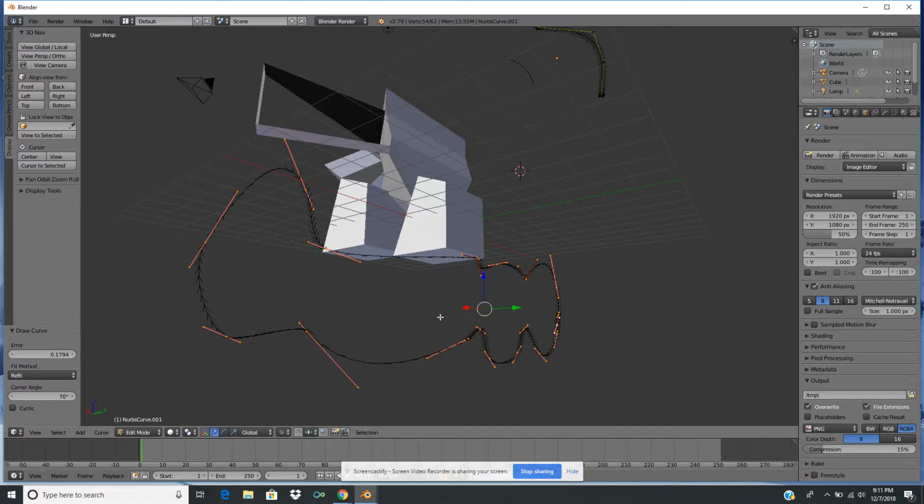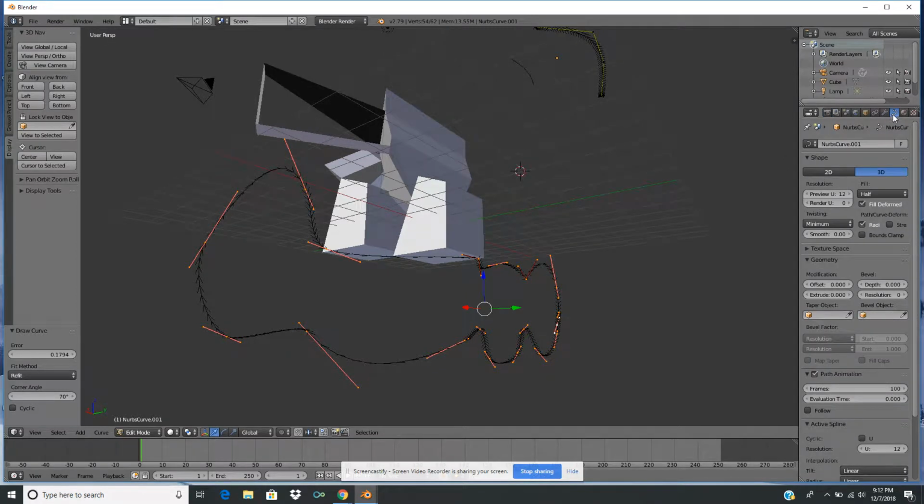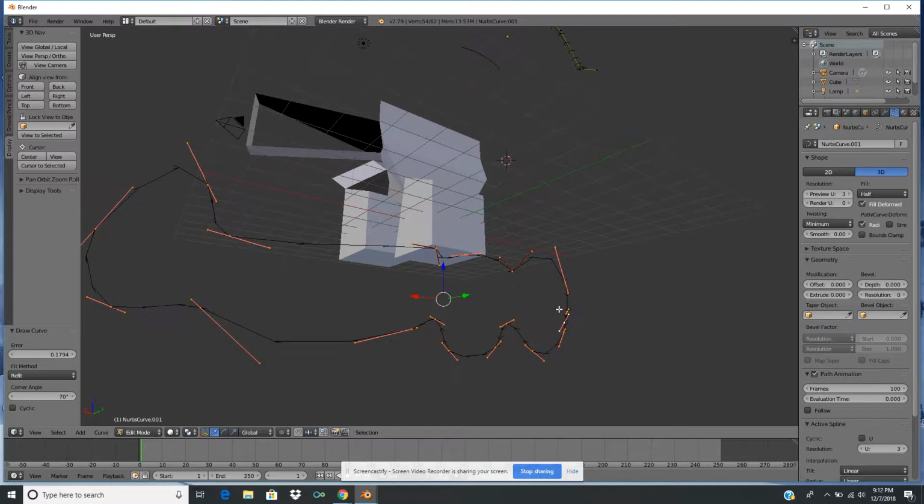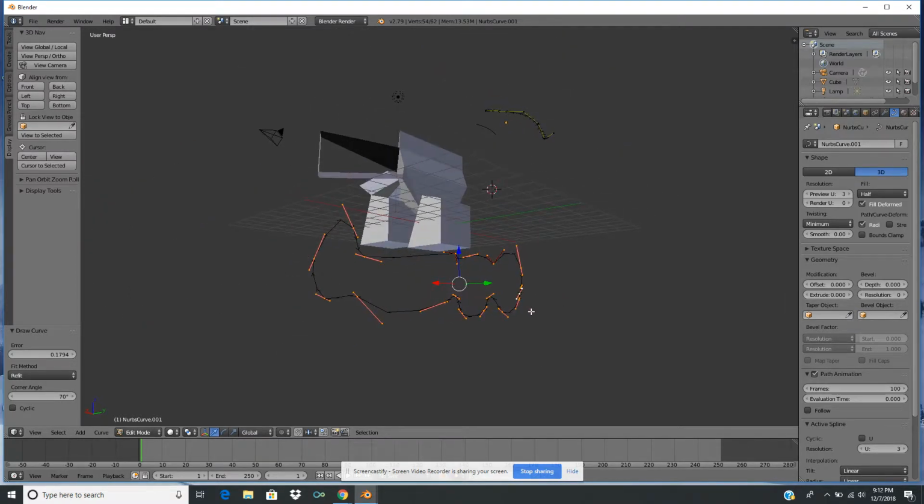Now, once we have these lines edited out, we go over here to the top right, and we select the NURBS curve icon over here. Select that, and it brings up all the information on this NURBS. Go over here to preview U, click on that, and drop it down to 3 instead of 12. And that reduces the amount of nodes in it. Switch into object mode,